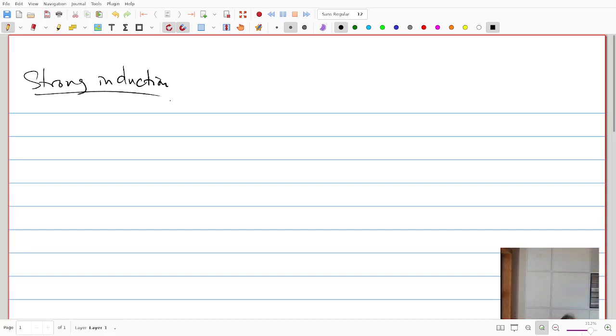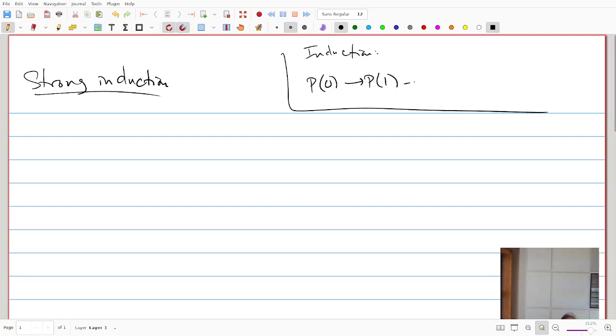So remember that normal induction, which we talked about last time, right? If you have some proposition you're trying to prove for all natural numbers, basically if you can set up this chain like this, you say, all right, I prove it for P0, and then I prove that each thing would imply the next, then I've proven it for all natural numbers. But what if each thing doesn't always imply the next? So in particular, what if we have